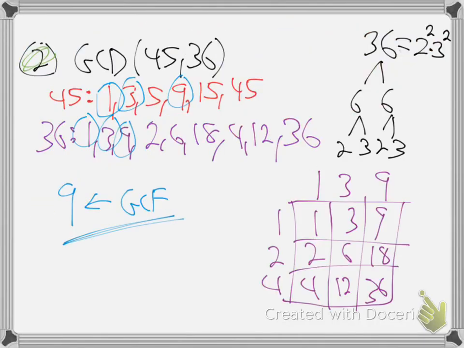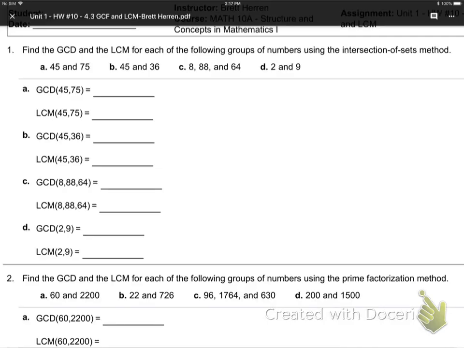Shall we try? I think you got that. Let me go on to number 2, isn't it? I think this one I called number 2. It was actually 1B or something, wasn't it? Anyway, number 2, which I already forgot. Let me see, is it here? Yeah, number 2, 60 and 2200. Okay, so number 2,